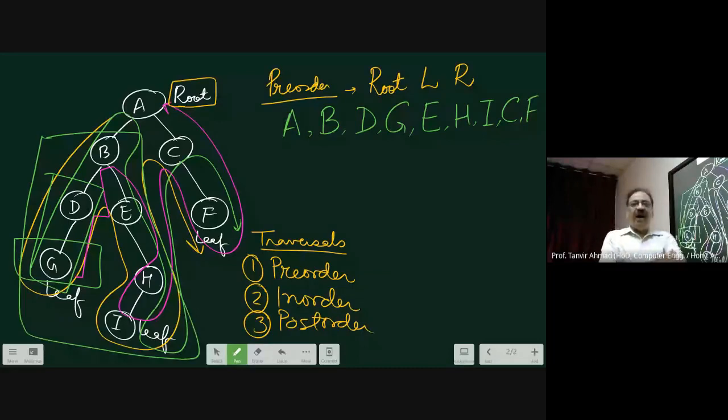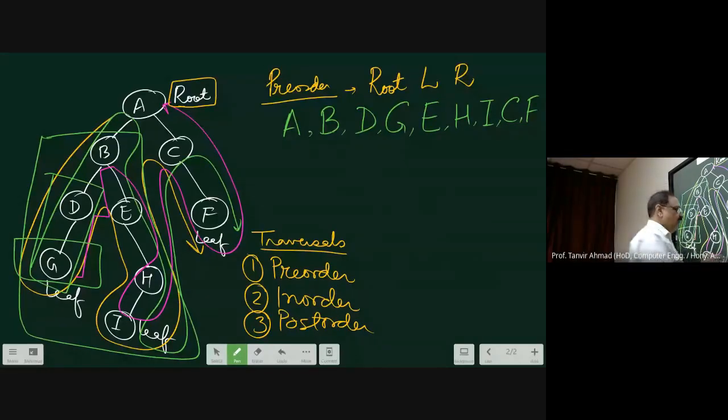And this is the way how I perform a pre-order traversal. That means start from the root, traverse the left, keep on doing left until you get the last left. Then you go back and then you start from the bottom and try to find the right of that. By this method, I will traverse the tree like this, and the order of the nodes visited will be A, B, D, G, E, H, I, C, F. Now this is when you are following the pre-order traversal. Therefore, you can follow any traversal, but it is dependent on the problem also.